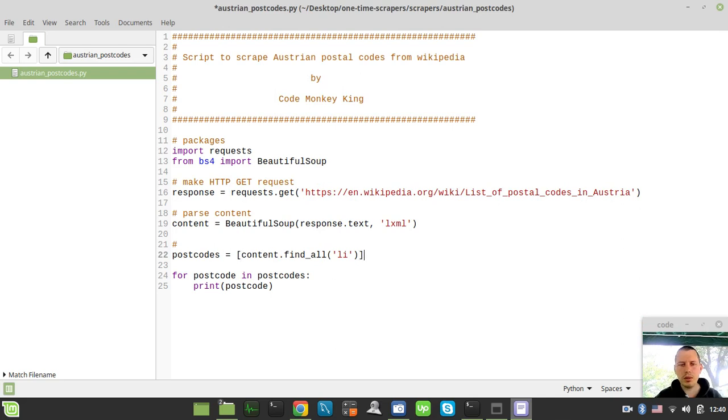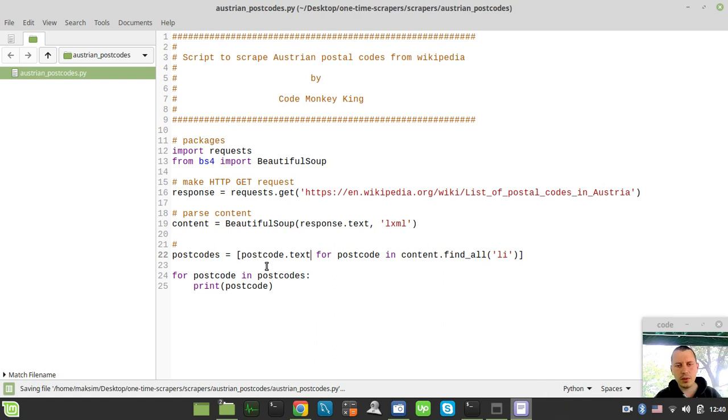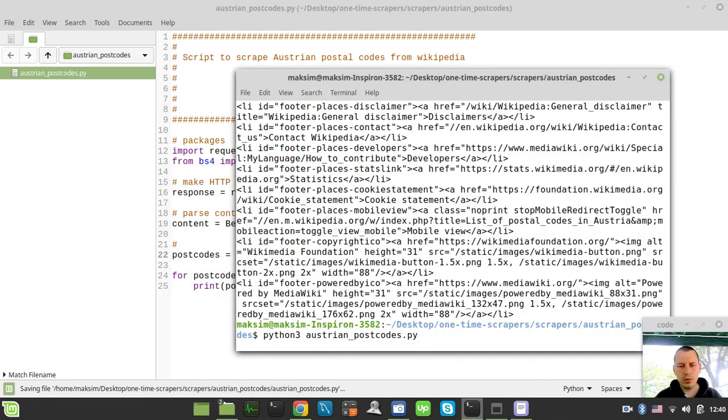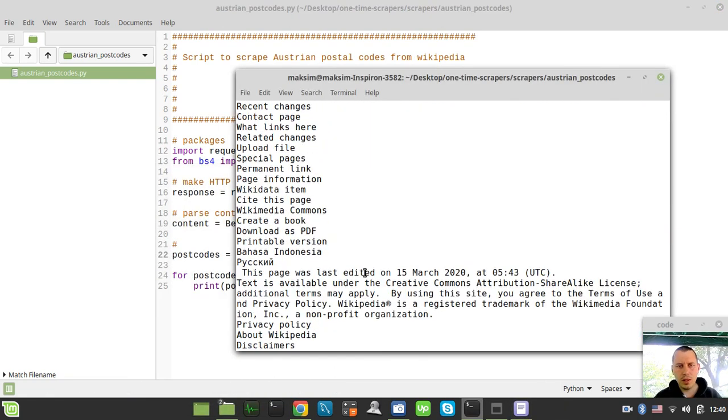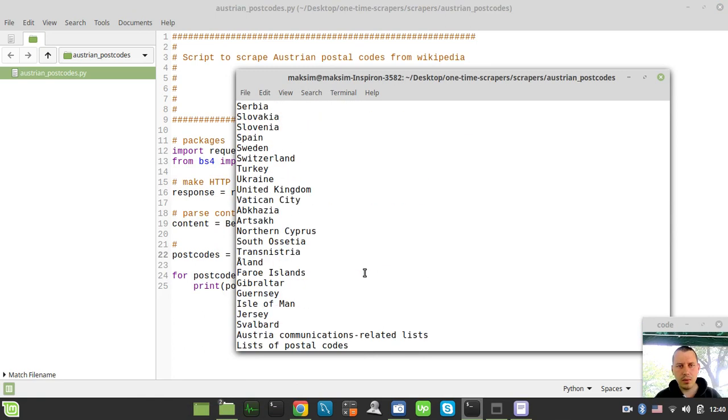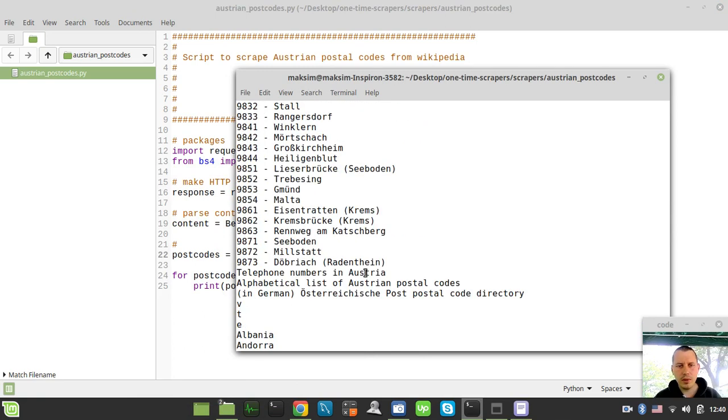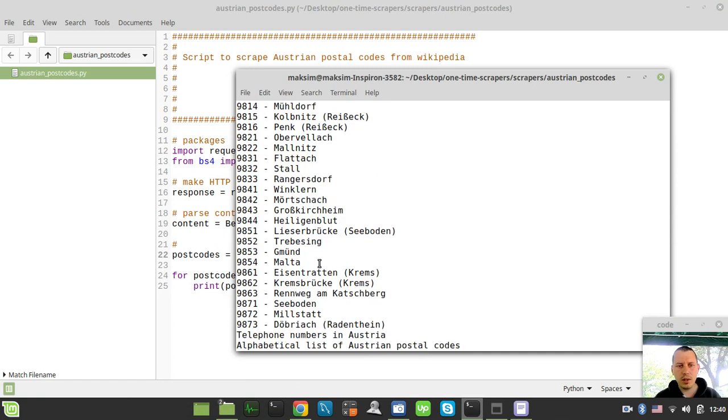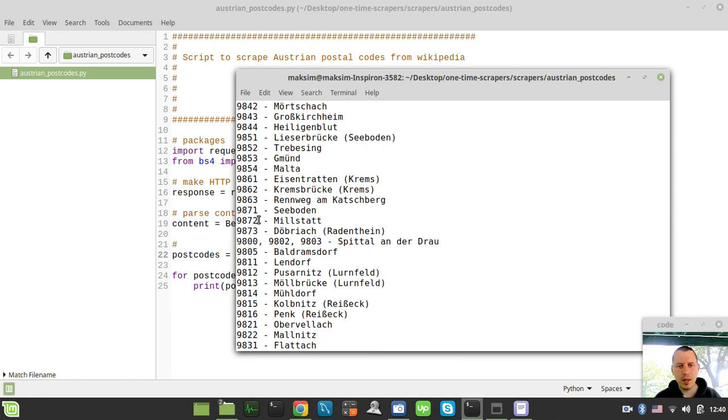Using the list comprehension technique, I can say postcode for postcode in this content, and I just want to use only the text nodes here. It's really lots of data, but we actually need only those postcodes that have